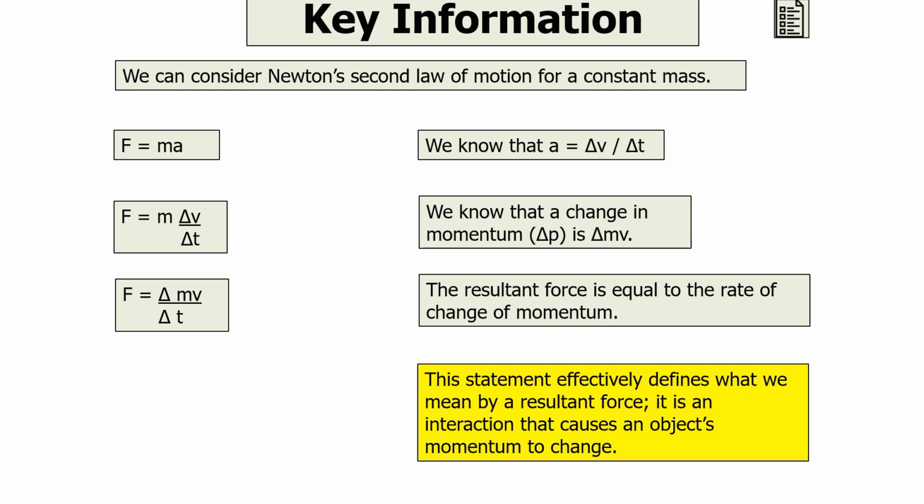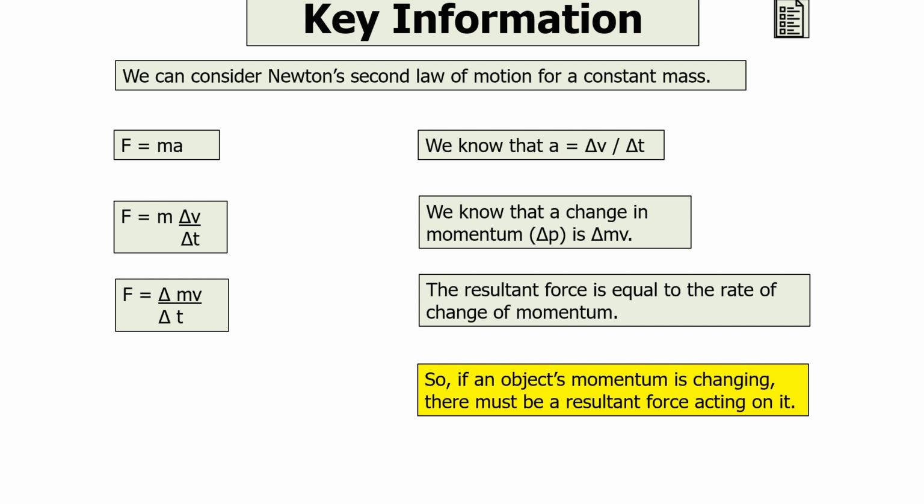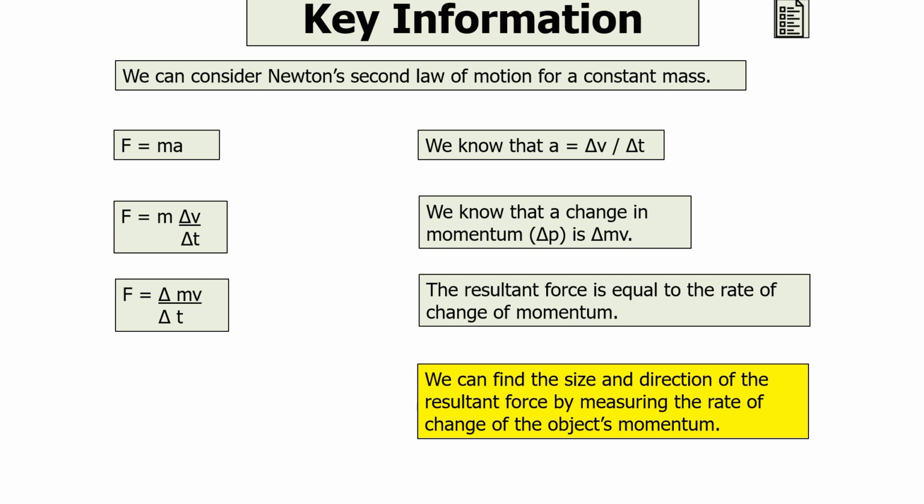So this statement effectively defines what we mean by resultant force. It's an interaction that causes an object's momentum to change. So we know that if an object's momentum is changing, there must be a resultant force acting upon it. Now we can find the size and the direction of the resultant force by measuring the rate of change of